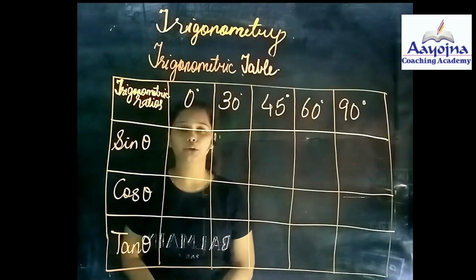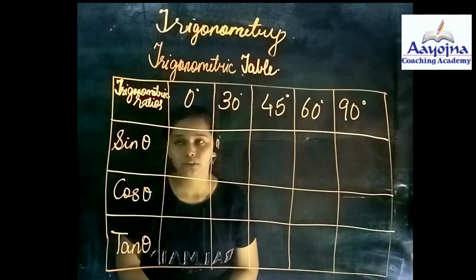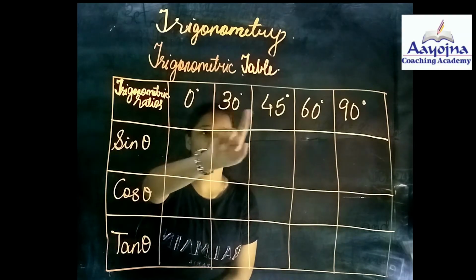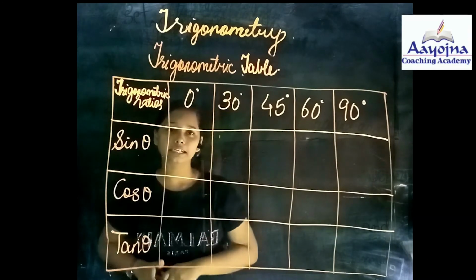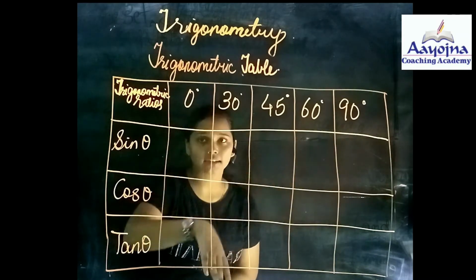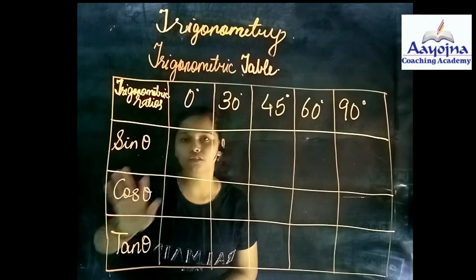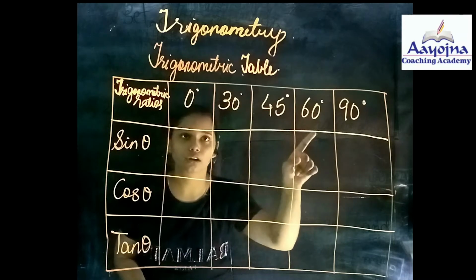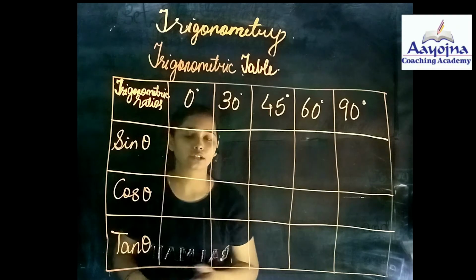As we have learned trigonometric ratios and trigonometric identities, now we will learn the trigonometric table. The trigonometric table is very easy. It has 5 angles, that is 0, 30, 45, 60 and 90. Theta is given as either 0, 30, 45, 60 or 90, and these angles have some values. So here I have written 3, that is sin, cos, tan. Now we will find the values for 0, 30, 45, 60 and 90. This is the sequence in which we will solve it, and this is the sequence you have to learn it in. You cannot shift any of them.